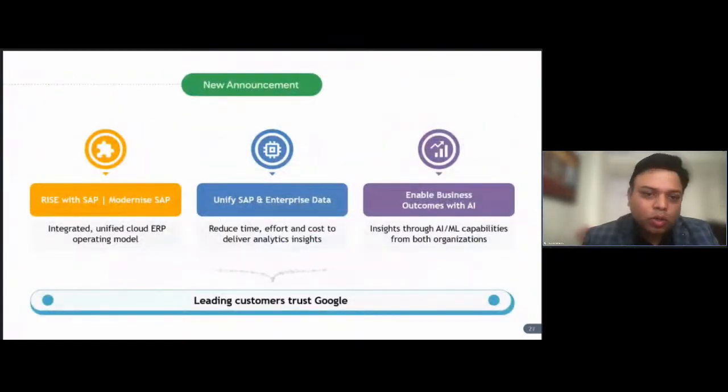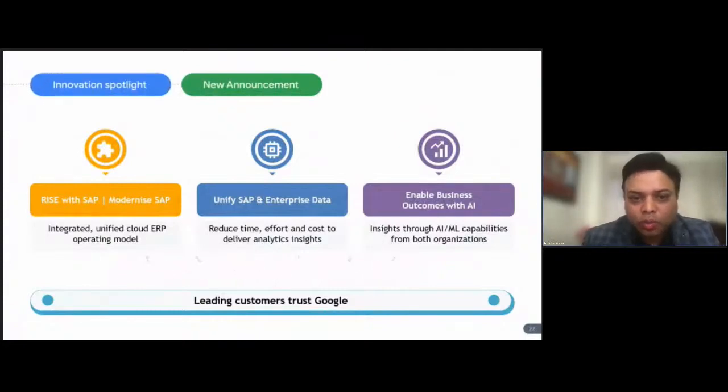So when we talk about Google Cloud for SAP, we like to talk about 3 different pillars where Google Cloud can support SAP. The first is infrastructure hosting. We can support both the RISE model or the direct hosting model for SAP. Once the SAP hosting is done, the second pillar is unifying their end-to-end data within the entire organization, whether it is SAP data or non-SAP enterprise data. And the last pillar is that once the data foundation is established, we can also help our customers with